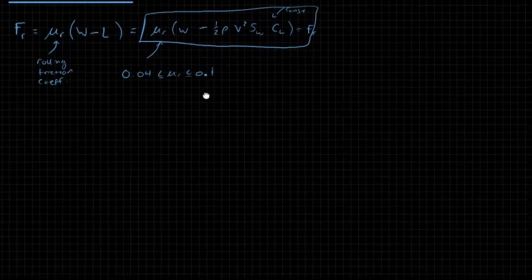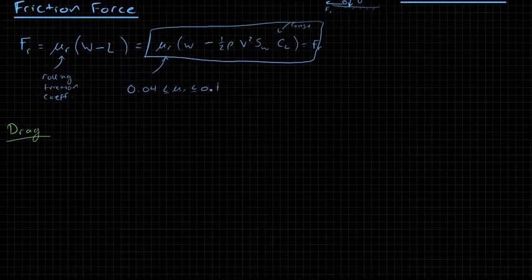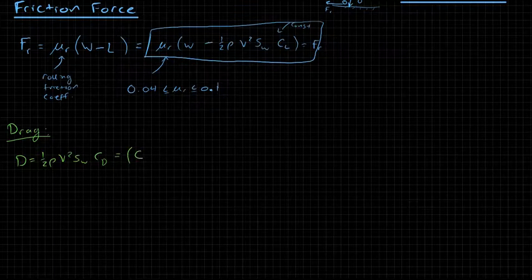Now finally, let's talk about the drag. I've left this for last because there's something special that happens here. So I'm going to go straight to green. We're going to talk about drag. We know how to write drag from the drag coefficient by now. So drag is simply 1/2 rho v squared S_W times C_D. And we also know that C_D is nearly parabolic in C_L. But there's something special that happens when we're really close to the ground.